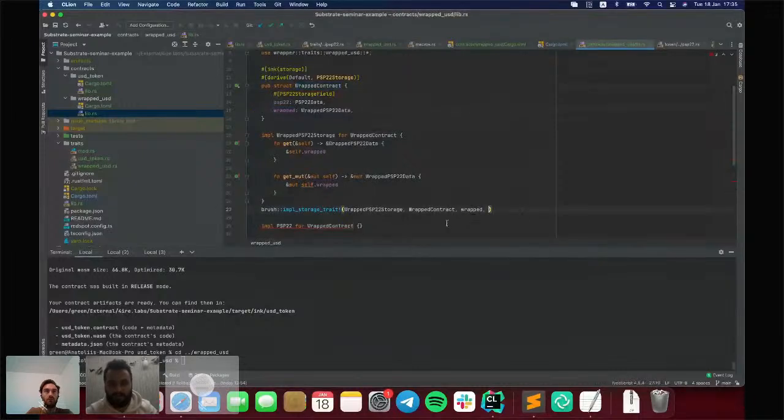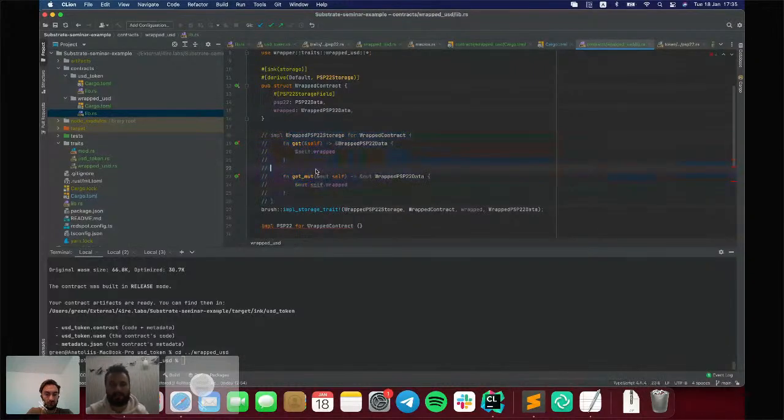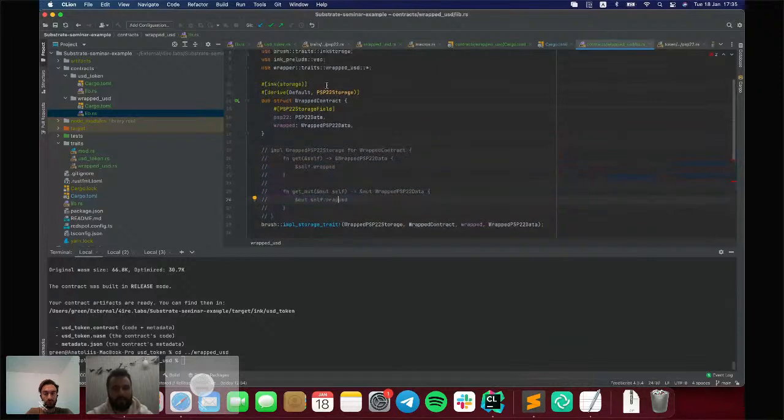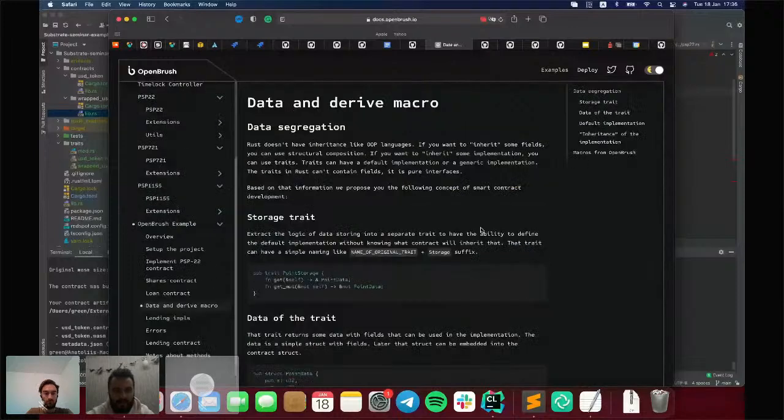And the last argument is the type. So if you don't want to do it manually like here, you can execute that macro. It will generate the same code under the hood. Or if you want to use a derive macro, so if you want to provide a derive macro from your project, you can read in our documentation how you can do that.